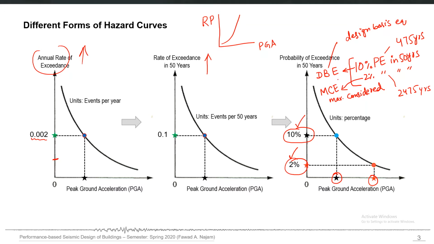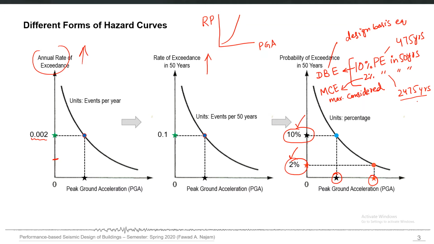So approximately we can say that the DBE level is an earthquake which on average repeats itself in 500 years. Given a duration of 500 years, it is expected that you will have this earthquake once in that time. But the MCE level is a more rare, large magnitude earthquake with a return period of 2475 years. On average it repeats itself in 2500 years, so given a duration of 2500 years, it is expected that you get this earthquake once at your site.